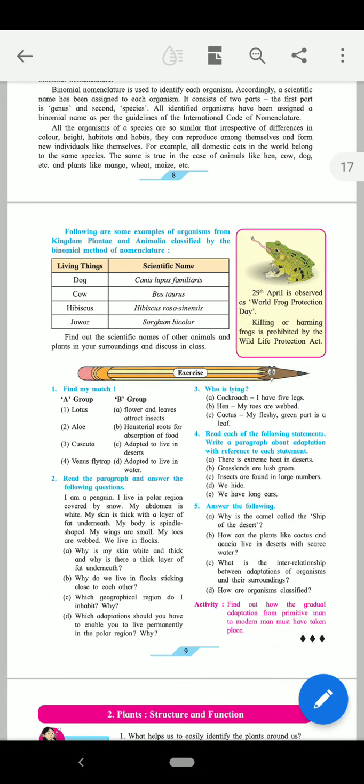Here our chapter number one has completed. Now we will summarize this chapter and we will move to the exercise. For summarizing, I will show you both the manner from the textbook, and also I will show you one video which will give you a pictorial representation of it, which will help you to understand that.